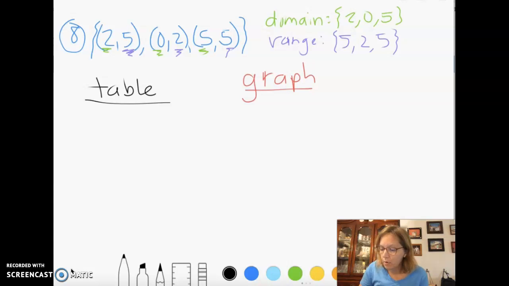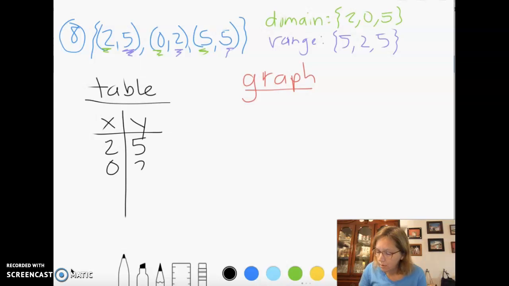So remember, a table is just listing the x's and listing the y's. All right, so I'm going to do my ordered pairs 2, 5, 0, 2, and 5, 5, just in the order that they're written. Okay, they fall right into my table super nicely. Okay, so now for the graph,